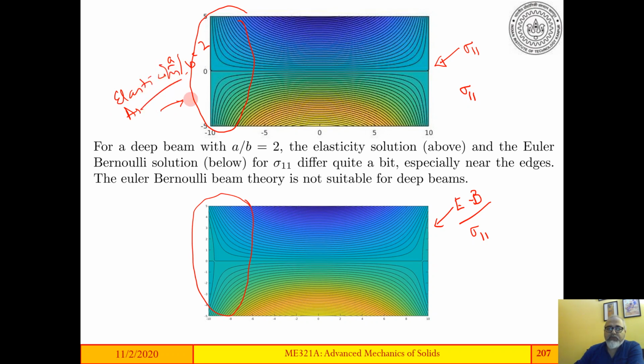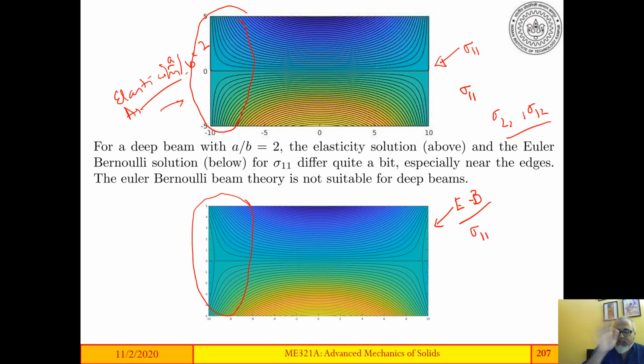So elasticity solutions for deep beams, if you looked at sigma 2 2 and sigma 1 2, you would see they're even more unlike each other. Sigma 1 1 still looks the same, though at the boundaries you now have a completely different distribution which persists for some time. So Euler-Bernoulli is not a good idea for deep beams,